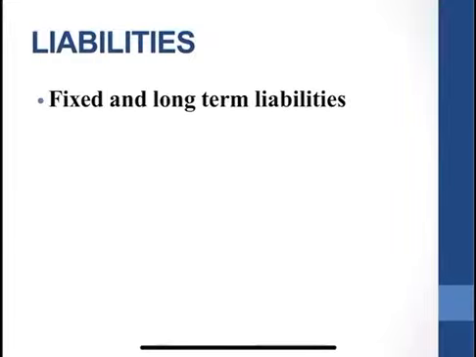Now let's talk about liabilities. We have different categories, like fixed and long-term liabilities. Fixed liabilities are those liabilities which are payable on termination of the business, like capital of a proprietor. Long-term liabilities are those which do not become due for payment within the next accounting period and which do not require current assets for their repayment, like long-term loans, debentures of a company. Current liabilities are generally due and payable within the next accounting period and are paid out of current assets, like trade creditors, bills payable, bank overdraft, outstanding expenses.